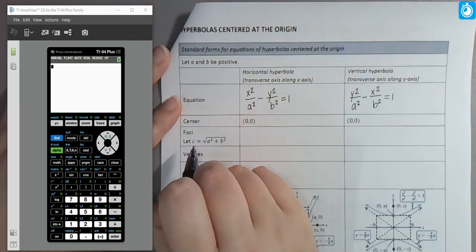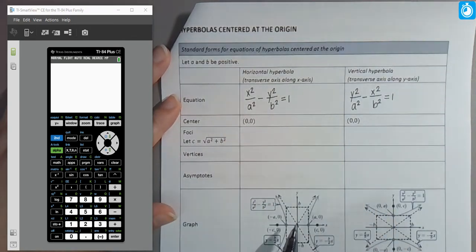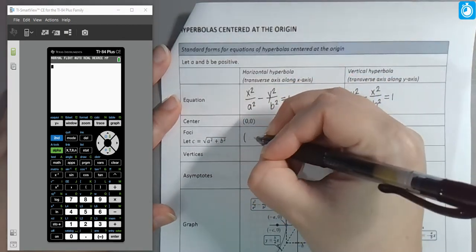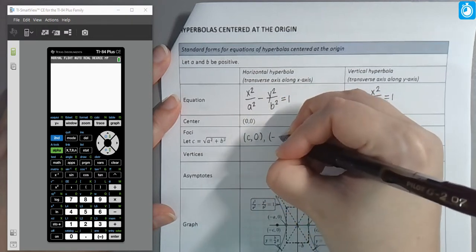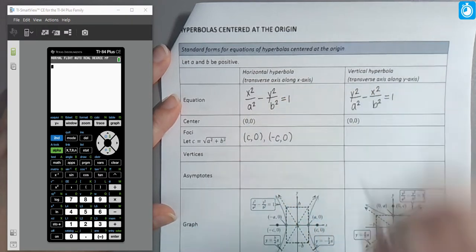So based on that, our foci are going to be distributed again from the center of the graph. And essentially we find them the same way. So if we start at the center and we're talking about something that's distributed horizontally, we go c units to the right from the center, c units to the left, but notice we're not changing the y value, so we're holding the y value constant and just altering the x value to find our foci. So the coordinates for the foci are going to be c, 0, and negative c, 0,